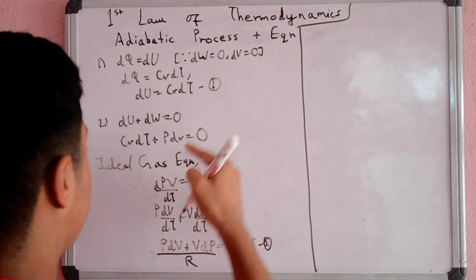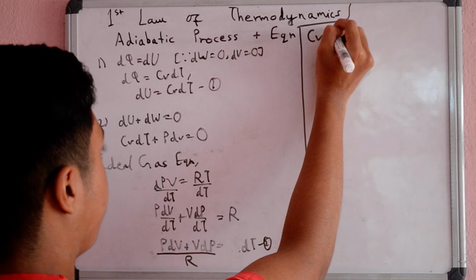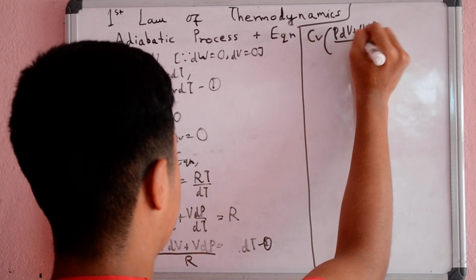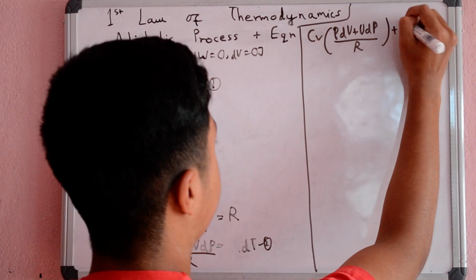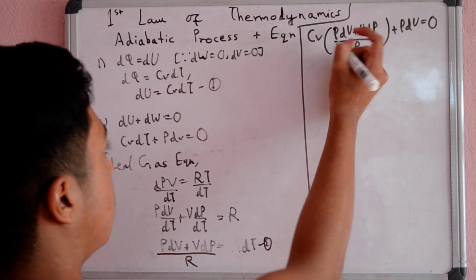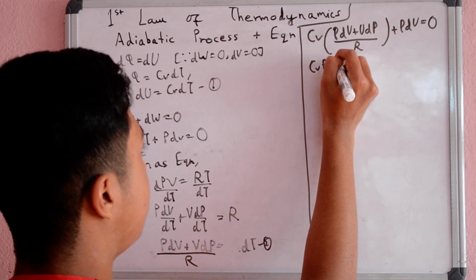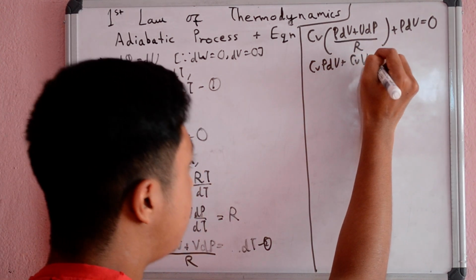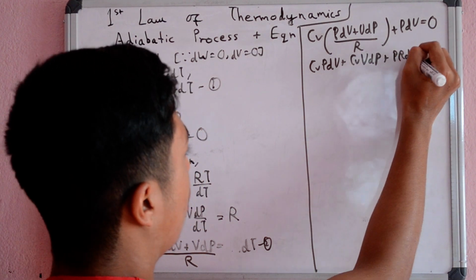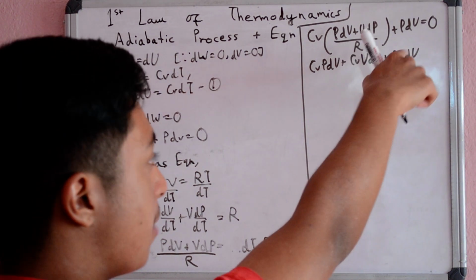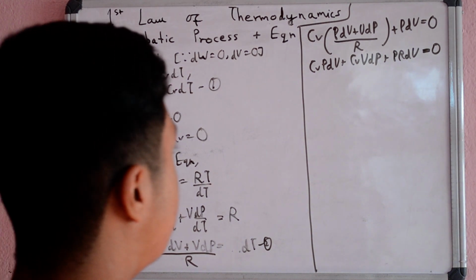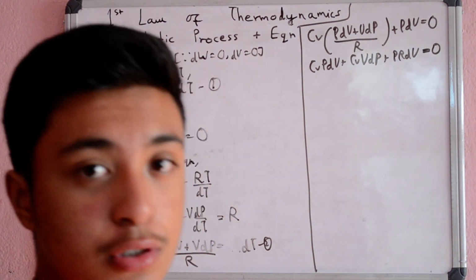It becomes Cv (P dV plus V dP)/R plus P dV equals 0. So we open this: Cv P dV plus Cv V dP plus, taking R common, P R dV, all divided by R, and we can multiply both sides by R. It becomes 0. Now we have R right here,